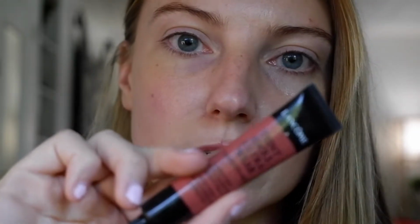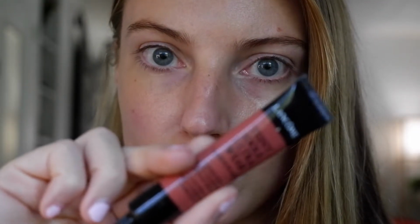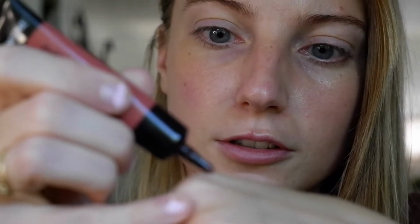I'm going to try a little bit on my freckle just so you can see what it does. A little bit goes a long way, so be very careful. Do a little bit on the back of your hand first. I'm going to grab this very tiny brush and I'm going to try to cover this freckle I have right above my eyebrow. So the red cancels out really dark, almost black tones, black and brown tones,